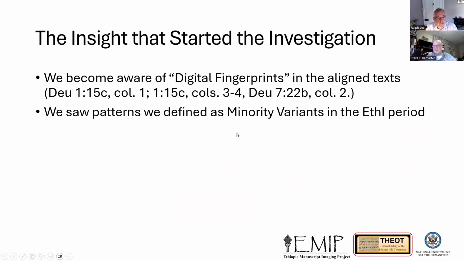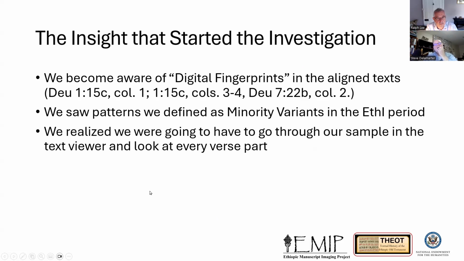And we gave it a name. These are minority variants in the ETH1 period. And we realized that we were going to have to go through. We tried at first to develop a script. Gary worked with us that could sort of do this automatically. If the human eye can see it, maybe we can train or program the computer to be able to see these. And we came up with a version that didn't have enough human intelligence to distinguish between this and that. So it was just giving us so much that we said we're better off just to go through our entire